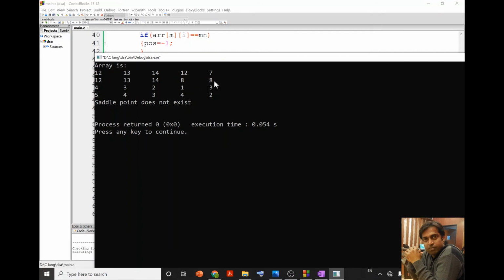In this particular case, our program must have returned -1 for the minimum value. Coming to the third row, the minimum is this, but still it is not the maximum. In the fourth row, 2 is the minimum, but again it is not the maximum. So our program correctly predicted that it does not have a saddle point.